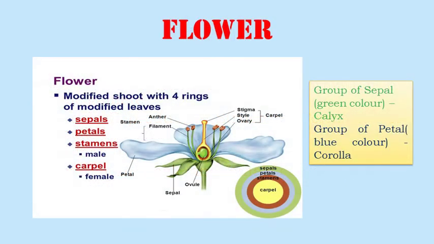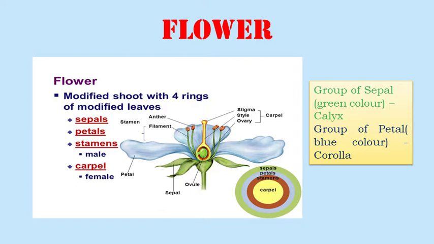So let's start. What is a flower? Is there anyone who hasn't seen a flower? Okay, I hope everyone has seen a flower, right? So a flower is a reproductive organ of a plant, and is considered a modified shoot, and it has many parts: sepals, petals, stamens, carpels.